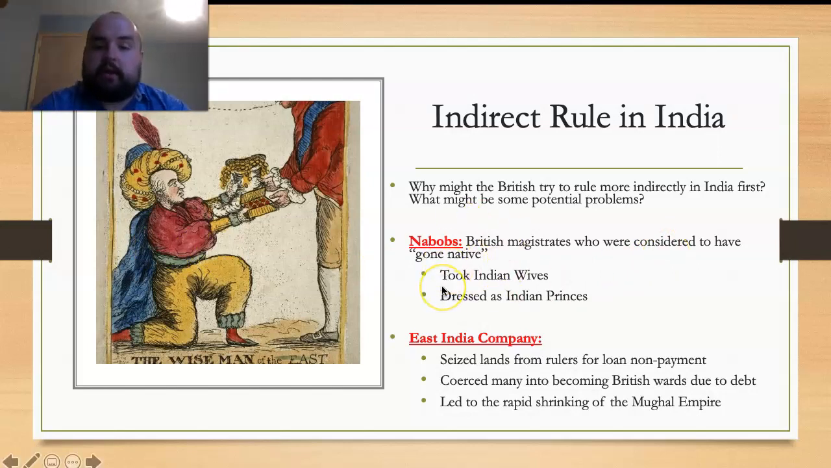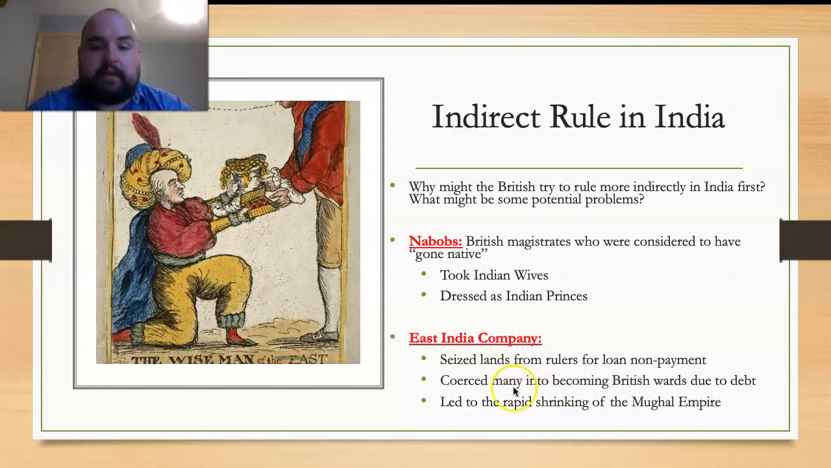They would take local Indian wives, and as you can see here, they dressed as Indian princesses. So this shows how dedicated many British people were to trying to immerse themselves and take advantage of the wealth, or control wealth in India indirectly, by just immersing themselves in the culture and not trying to take everything over. The East India Company also used their economic power to try to take over portions of India, again,